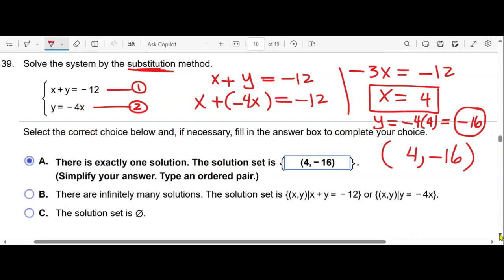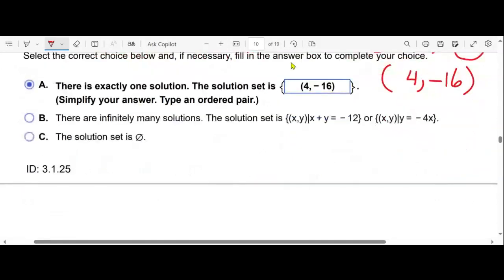All right, let's move to the next one. Does anyone